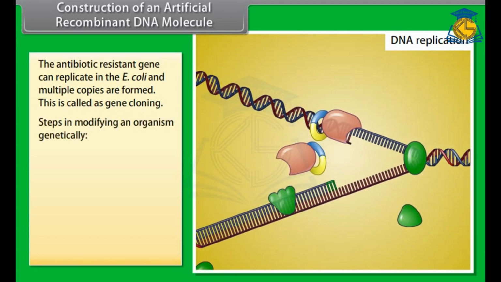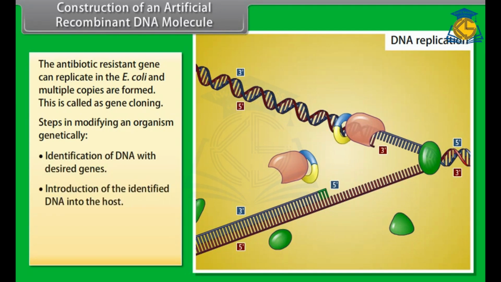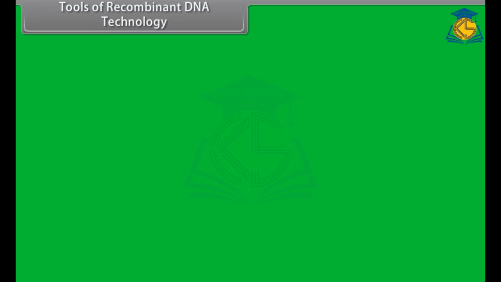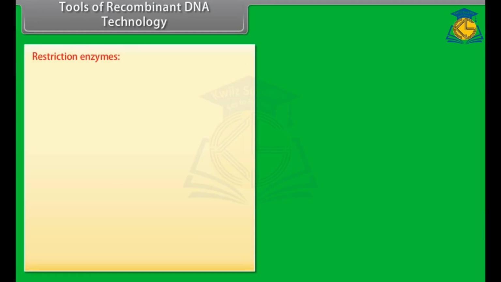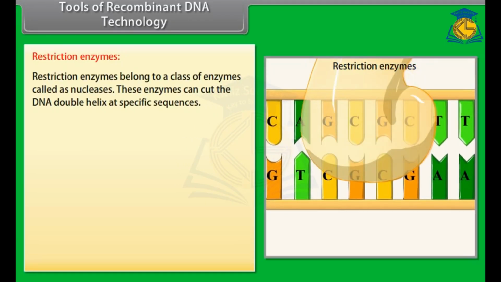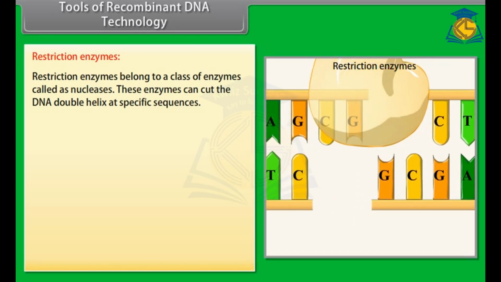Steps in modifying an organism genetically. Identification of DNA with desired genes, introduction of the identified DNA into the host, maintaining the introduced DNA in host and transferring the DNA to its progeny. Tools of recombinant DNA technology. Restriction enzymes. Restriction enzymes belong to a class of enzymes called as nucleases. These enzymes can cut the DNA double helix